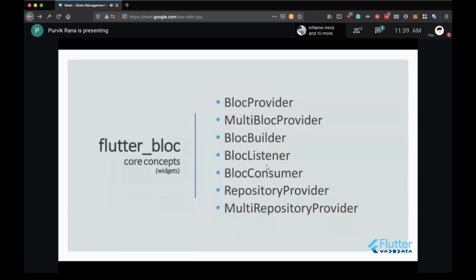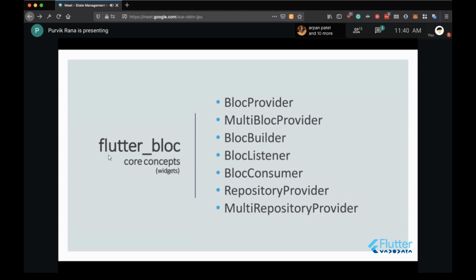So these are the core concepts of the block itself: what the block consists of, the different events, different states, transitions, streams, blocks, and the block delegate. Now we will move to the Flutter block. That is the package that we use to implement the block architecture and to get access to the different widgets, or you can say the core concepts of the block library that are implemented for our Flutter application.